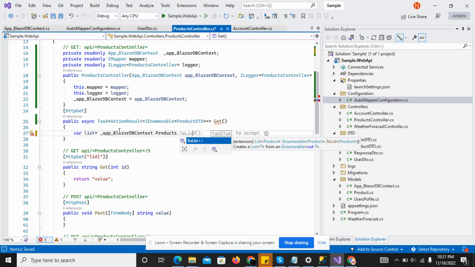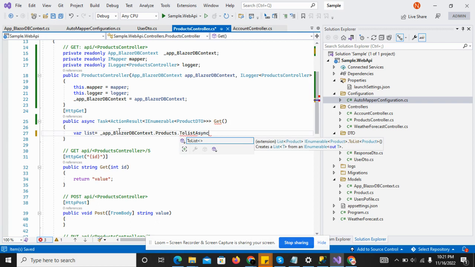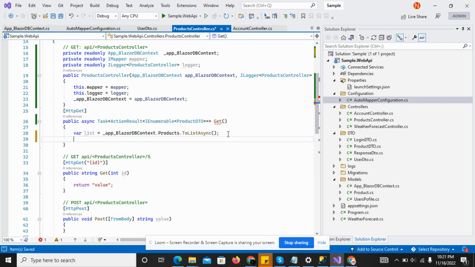I have to call the ToListAsync here. Just press control dot and add the references for that. So you see that the reference error is removed. Now I have to